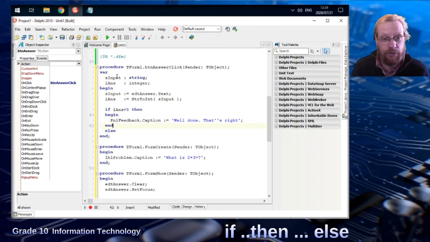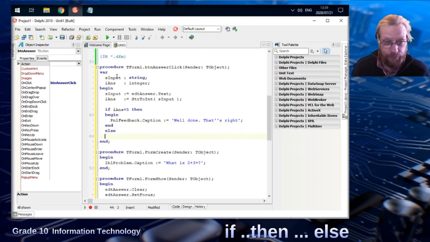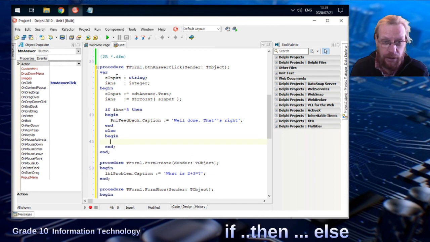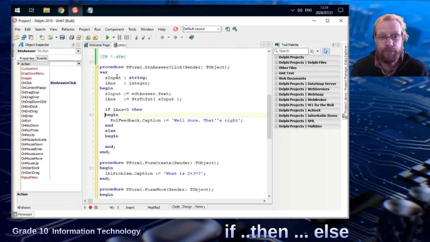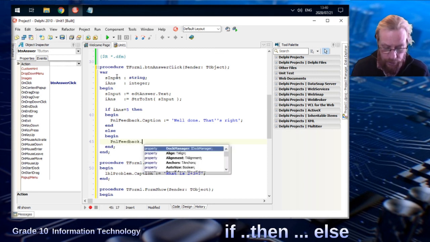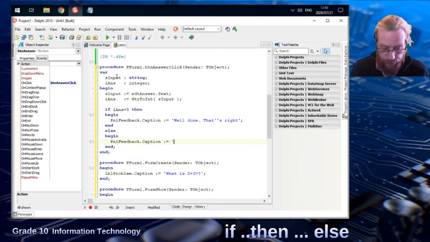Notice I took out the inverted comma that Delphi had created for me. Begin, and Delphi creates the other end. This is where this if statement ends. That whole thing is one single if statement. pnlFeedback.caption :=